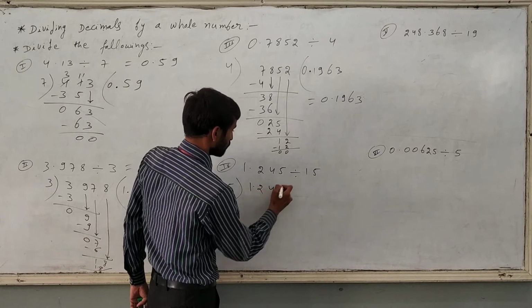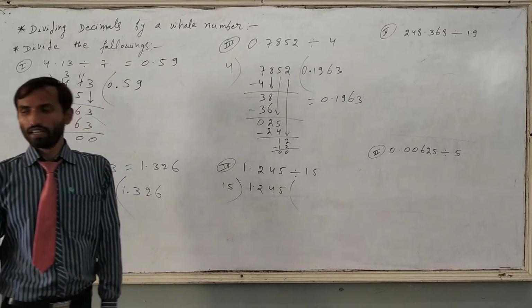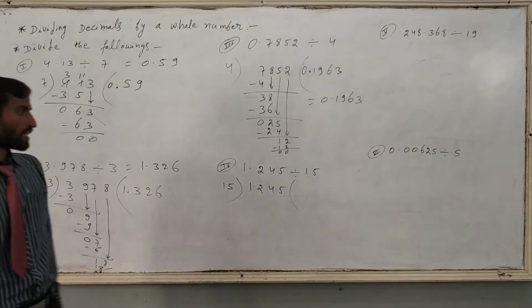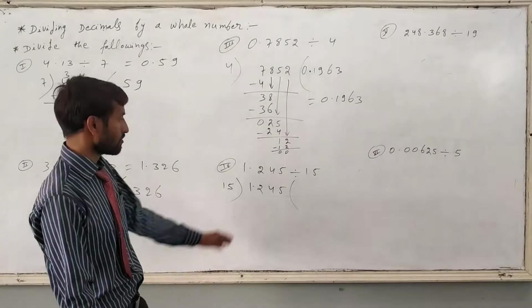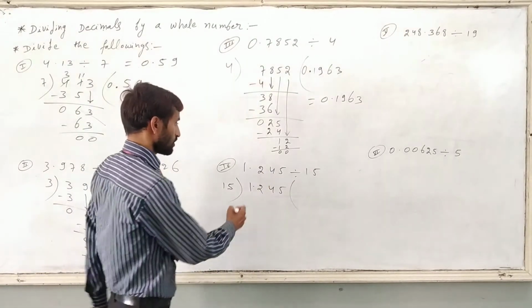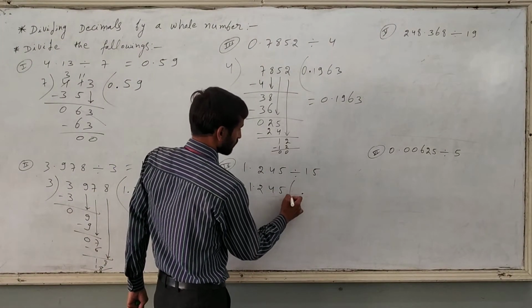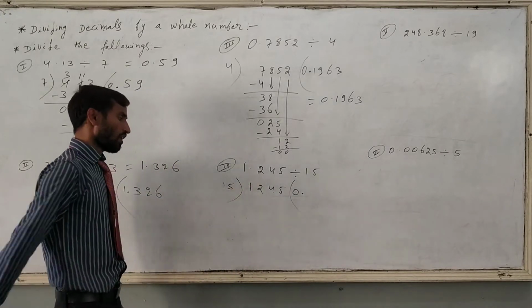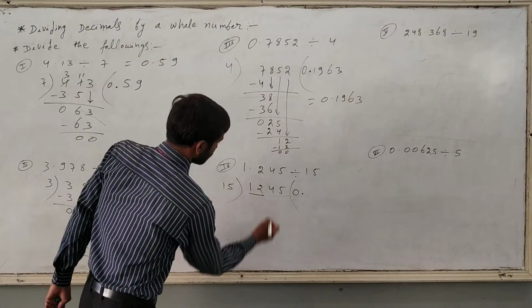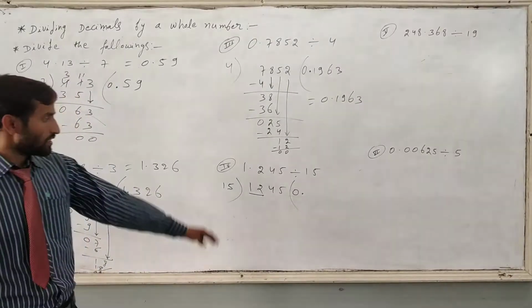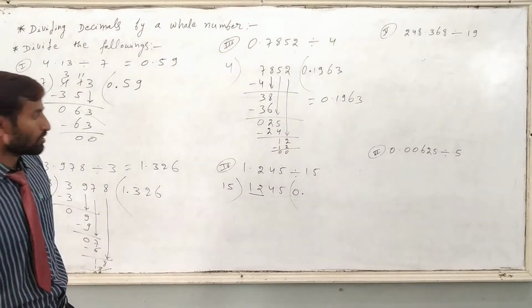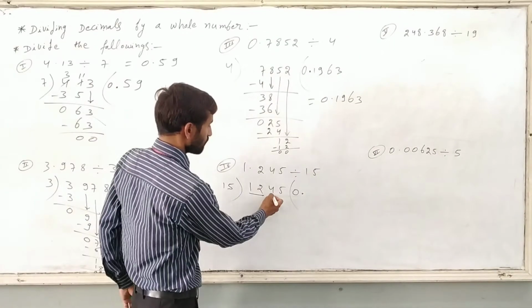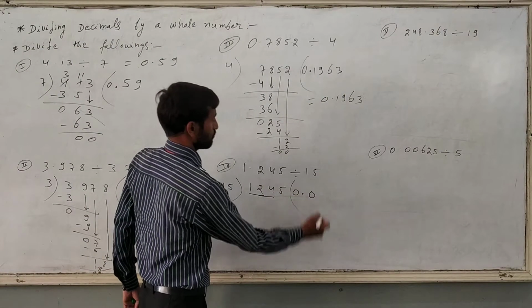For that, you see before the decimal there is only 1, so it is less than 15. It is not divisible. For that, we have to remove this point. First of all, we place the point in the quotient, and then remove this point. Now combine these two digits, 1 and 2. Again it is less than 15. Again it is not divisible. So you have to take the next number. For that you have to put 1 0 here.